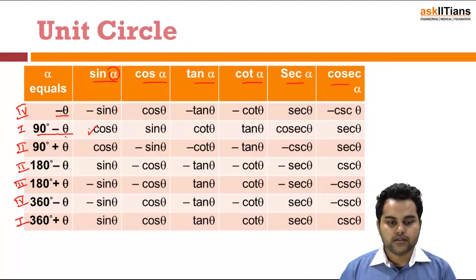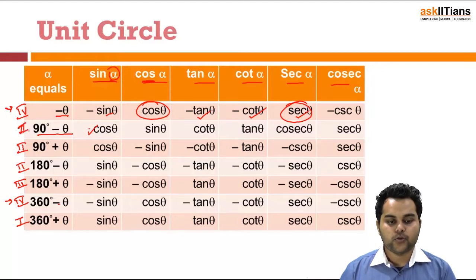angles, then sine of minus theta and sine of 360 minus theta, if I look at these two rows, these two would be the same, as the phase differs by just 2 pi or 360 degrees. So sine of minus theta is minus sine theta. In the fourth quadrant cos is positive, so cos of minus theta is cos theta. Tan of minus theta is minus tan theta, minus cot theta. Sec theta is again positive because it's in the fourth quadrant, and in the fourth quadrant cos and sec are positive.